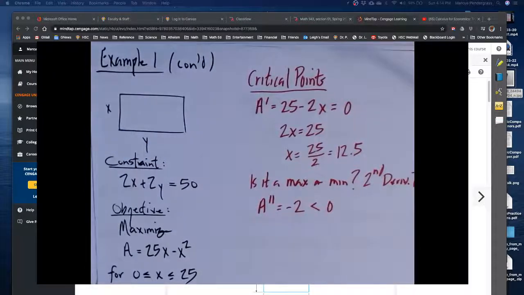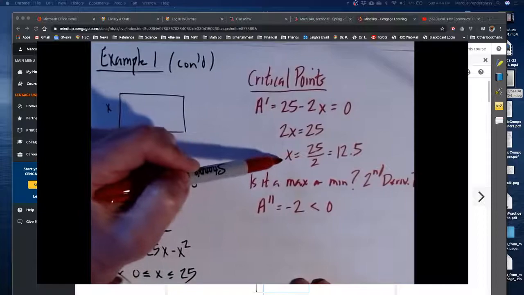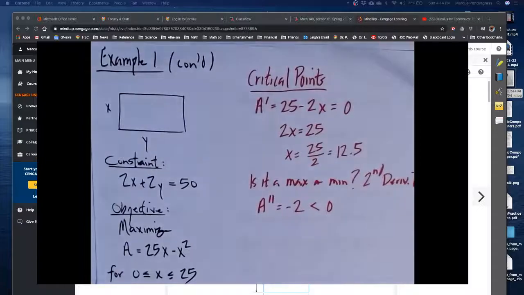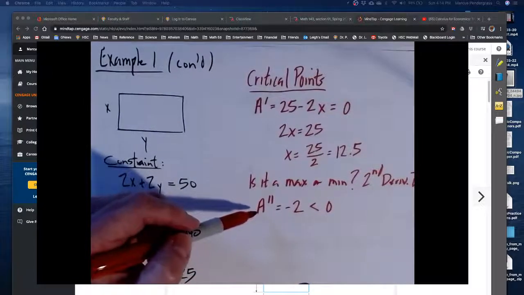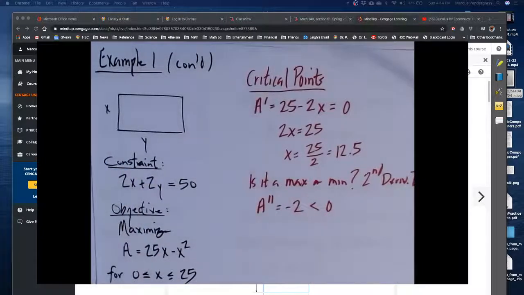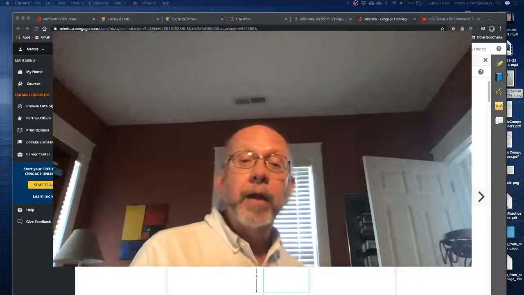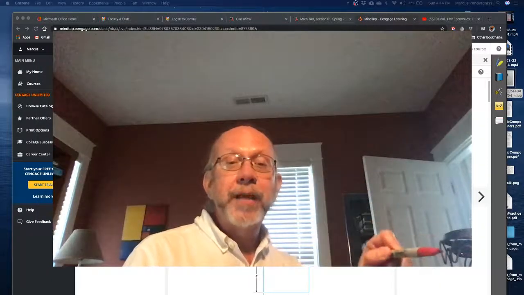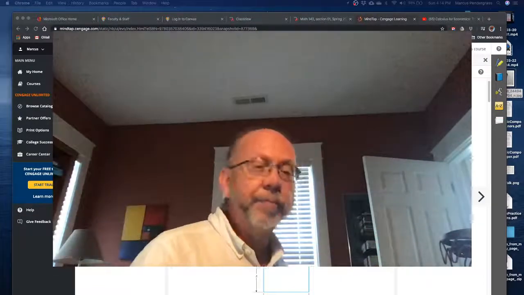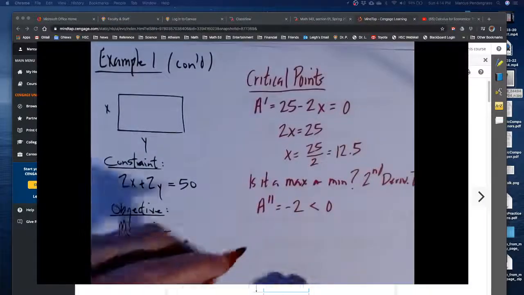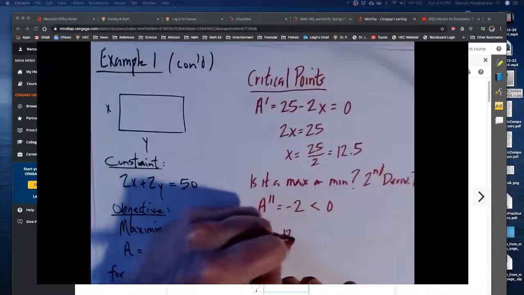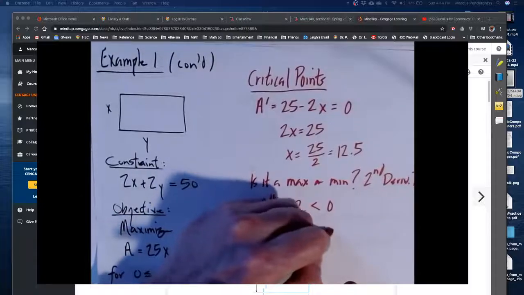which is less than 0. So think about it now. You've got a critical point, 12.5, where the derivative is 0. So that means you've got a flat tangent line. And then you know that the second derivative is negative. So that means you're concave down, right? So remember back before the break, concave down and flat tangent line, you've got to be at a maximum, right? And so the second derivative test tells us that x equal 12.5 provides